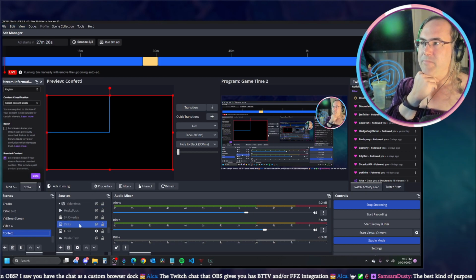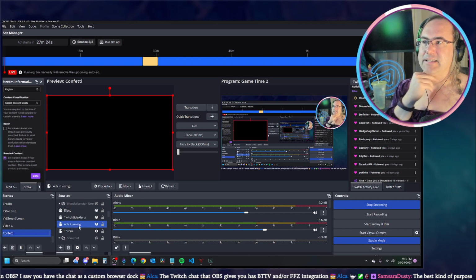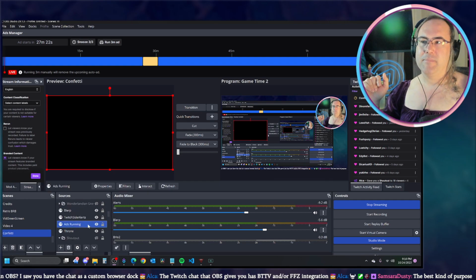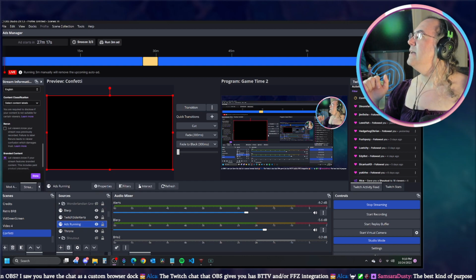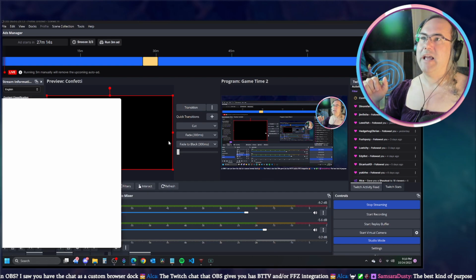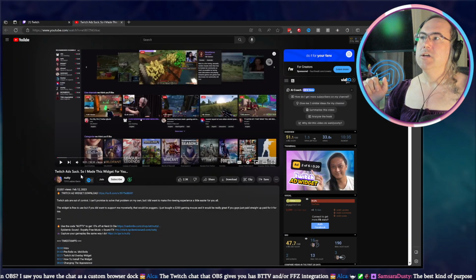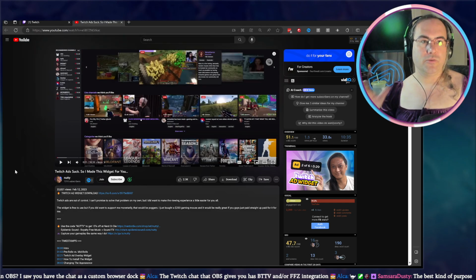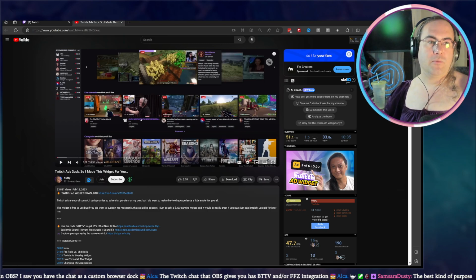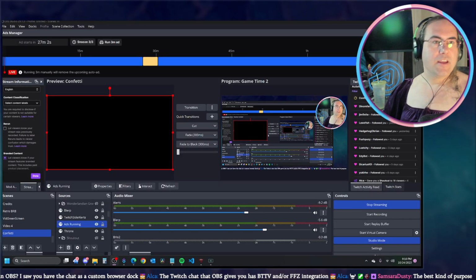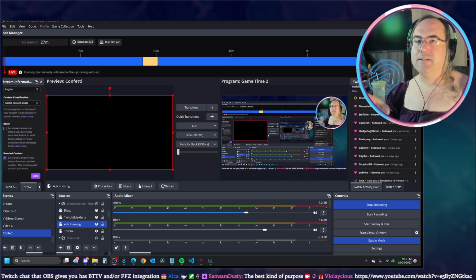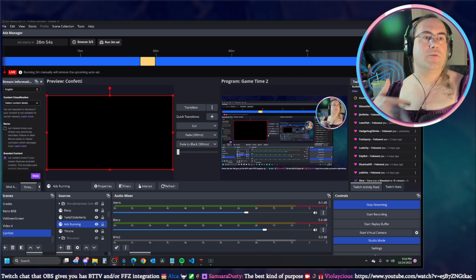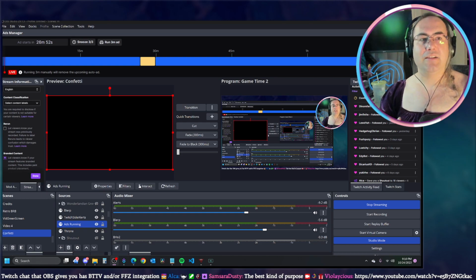Okay, so the reason that we are over here is the ads running piece here. What is actually happening? And let me pull over a couple other things since we have the full screen display now. So this video, if you want to use the tools that we're using, this is the widget that Nutty has made. And so that's the video you can watch. He goes into all of the details on setting it up. We're also going to quickly go through what that looks like.